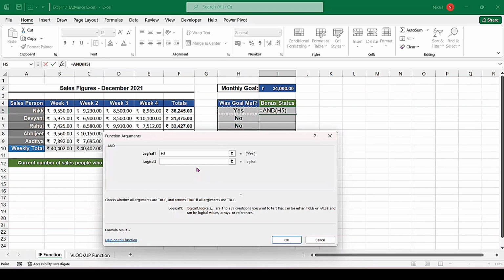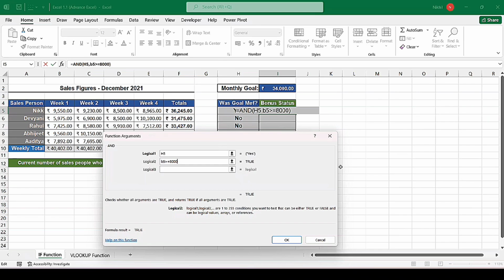According to our second condition, salesperson should also achieve weekly target of rupees 8,000 and more. For this, we will click to logical 2 argument and in that we will write B5 greater than equal to 8,000 because currently we are looking for Nick and Nick's sales amount is in row number 5.